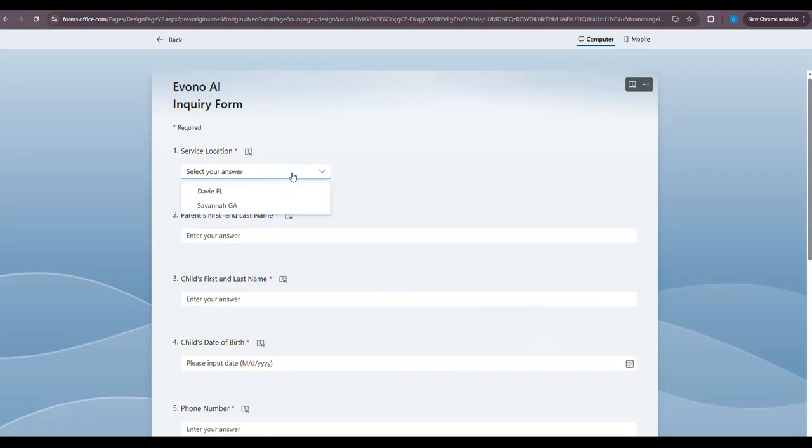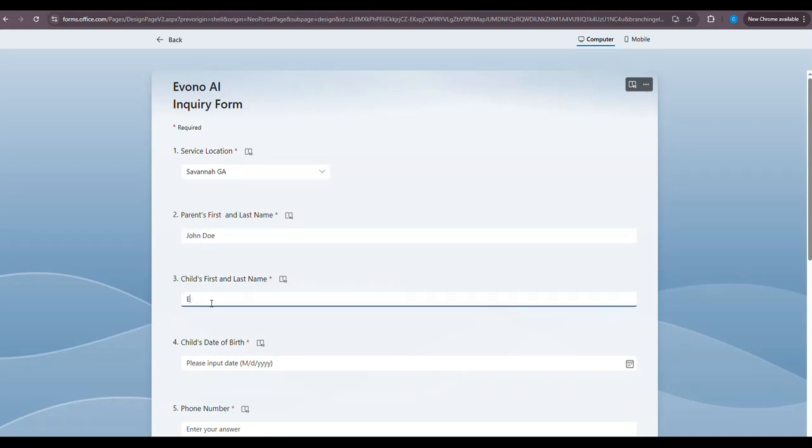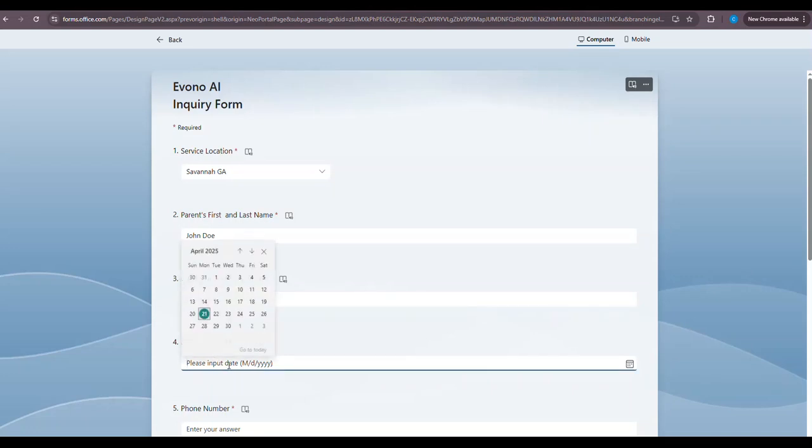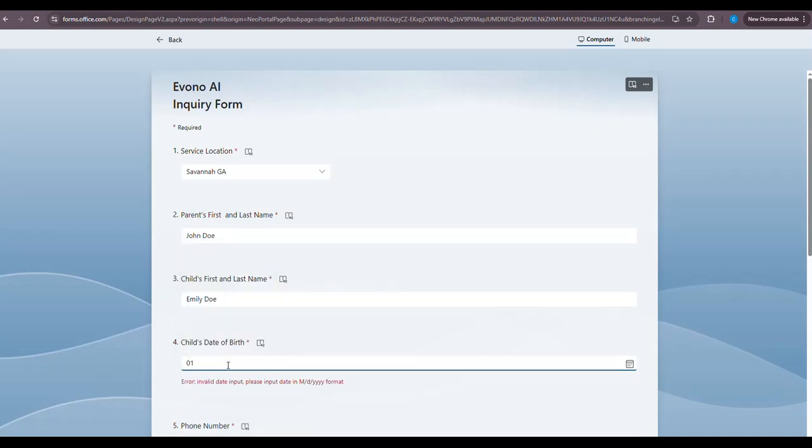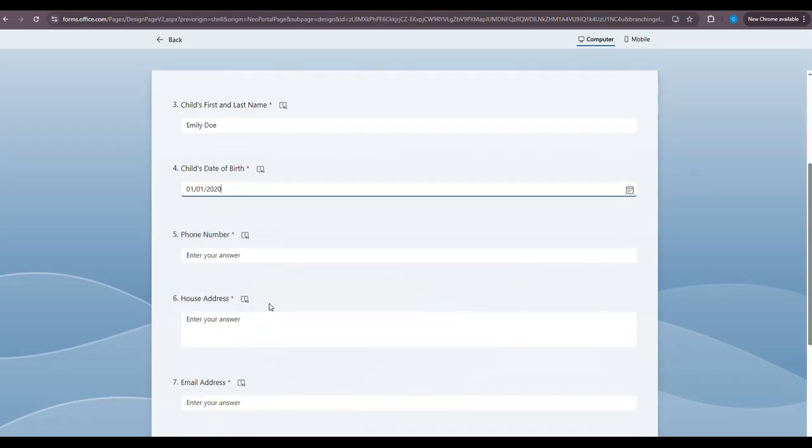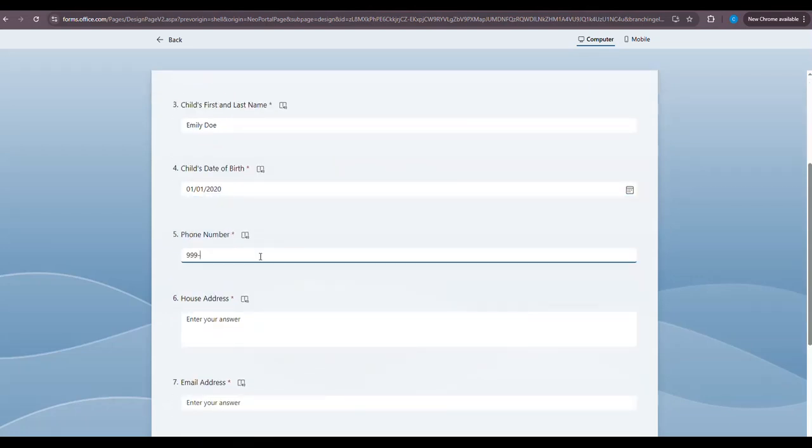So here we're going to do a sample filling out of the form. This is for the Savannah location, and say the parent's name is John Doe, the child's name is Emily Doe, date of birth is 01/01/2020, phone number 999-656-0212,